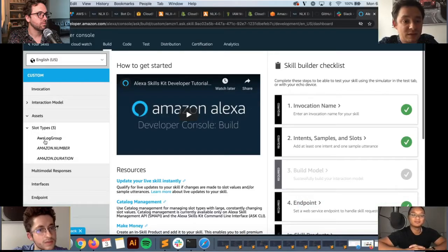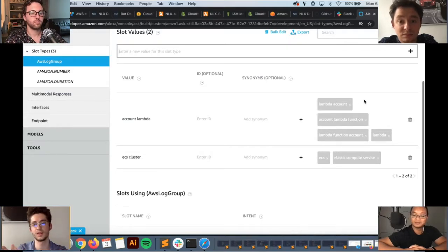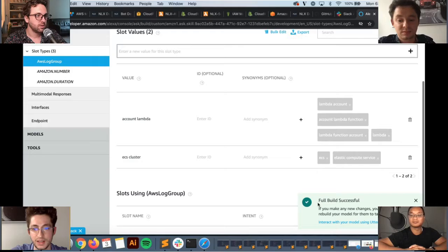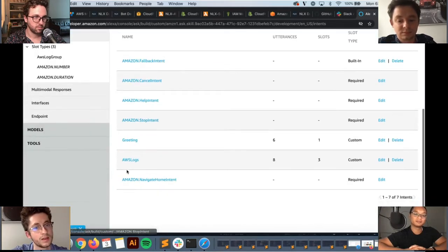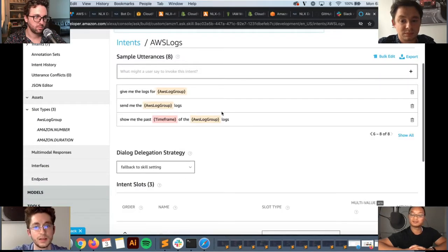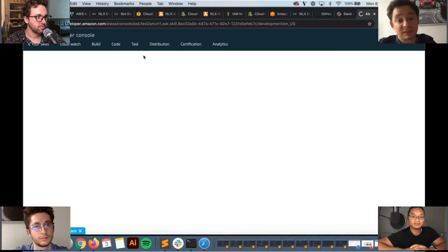If you click on slots, for example, let's just click on one slot. So you can see the values here, and it maps to the synonyms. Remember how we had the slot values plus their synonyms? It essentially ports that fully to the Alexa console. As you can see, it just completed the build here on the Alexa side. We can also go to intents, for example. Let's check AWS logs. We also have these training phrases. You can see the slots, similar to what we do, where it maps them. And finally, if you just go to test,